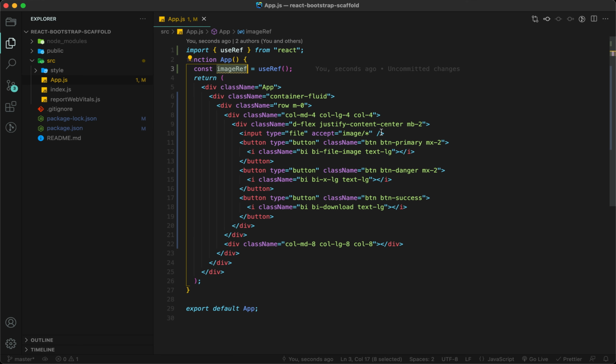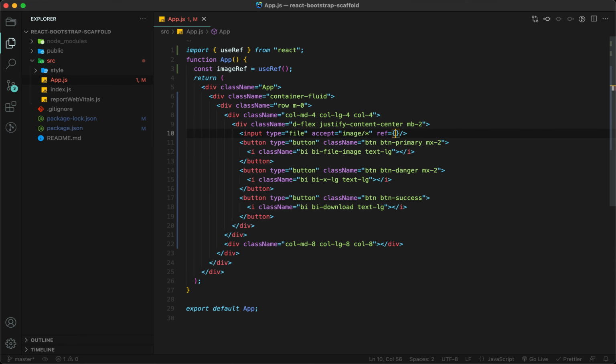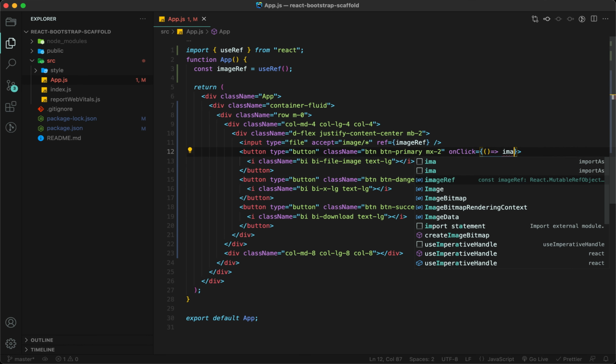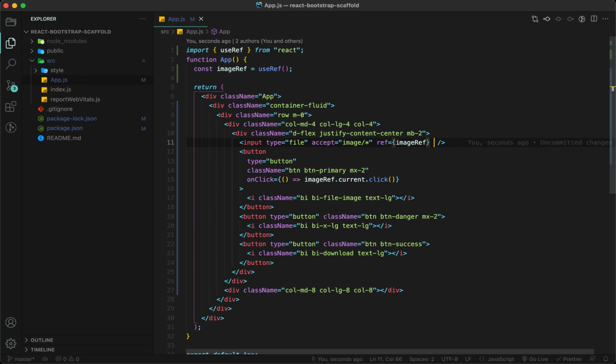I'm going to assign this ref to this input. On click, what I want to do is imageRef.current.click(). Just to hide it, we need the class d-none.